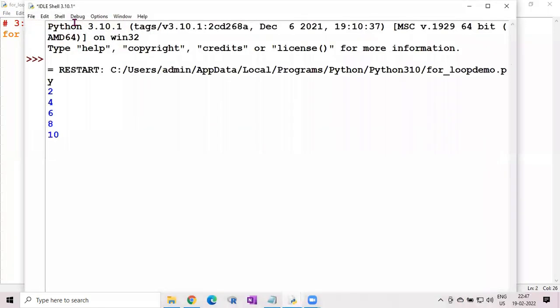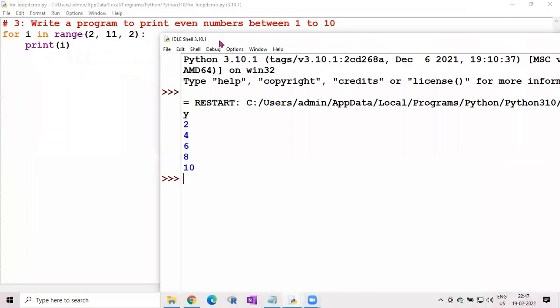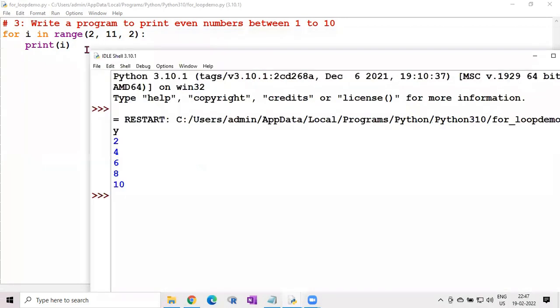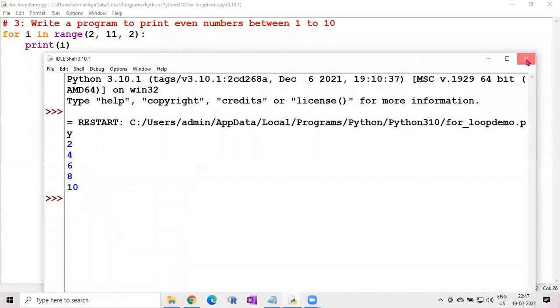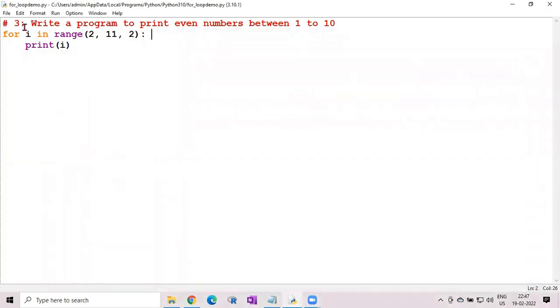Now let us see here. The even numbers between 1 to 10. It includes 10 also. Why? The range we have taken is 11. Before 11, whatever the even value, the last value is 10. So 2, 4, 6, 8, 10. So like that, using the range function, whatever values you include inside the range function, we can see the output. So next one,